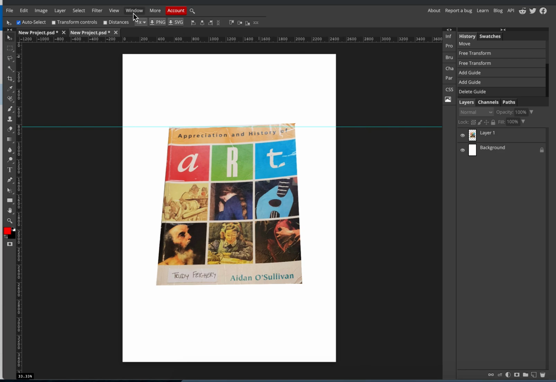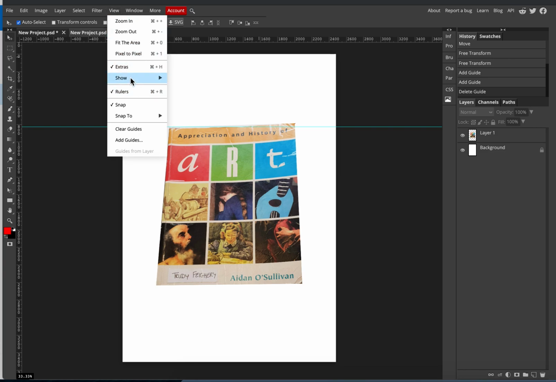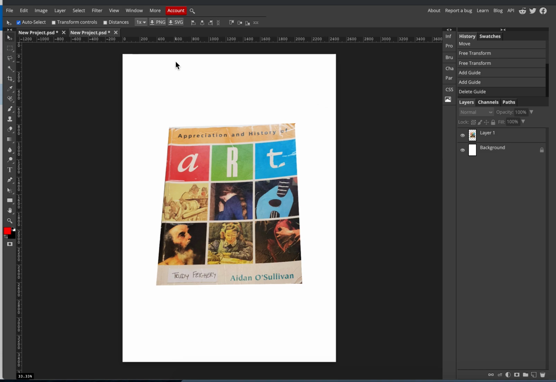So view and then show, and see the way guides is selected. If I select that again, they'll just disappear. And again, there are shortcut keys that you can learn if you want to know how to make these appear and disappear very quickly. So I'm going to bring out a vertical guide as